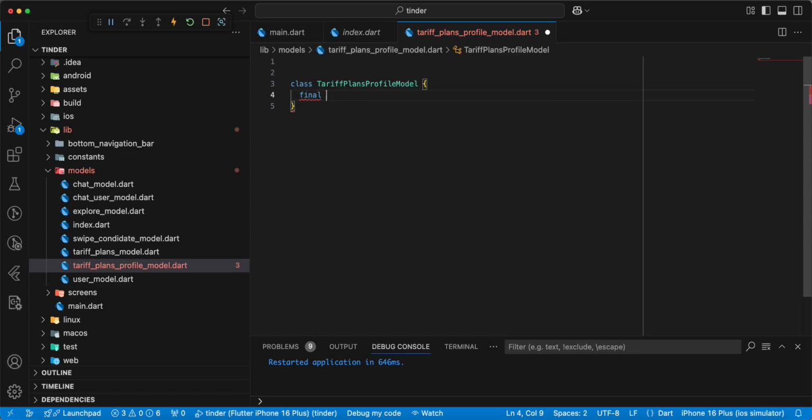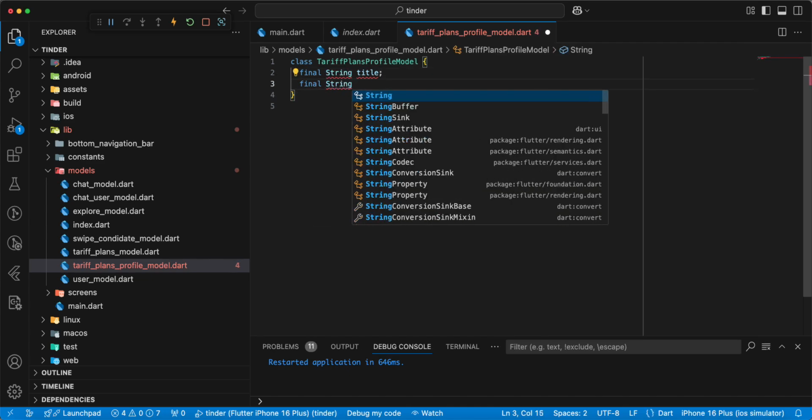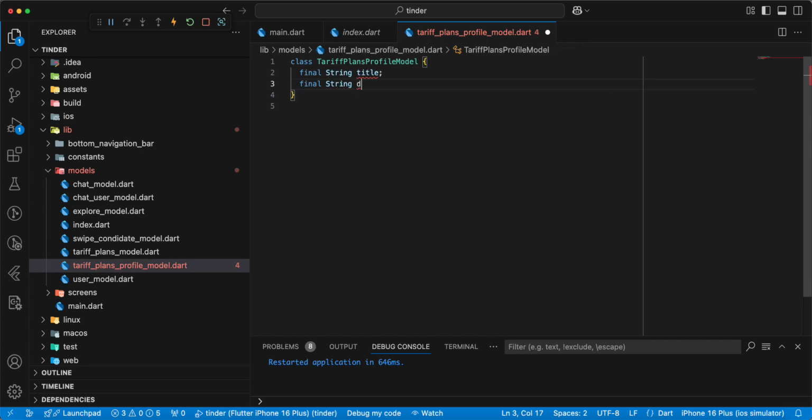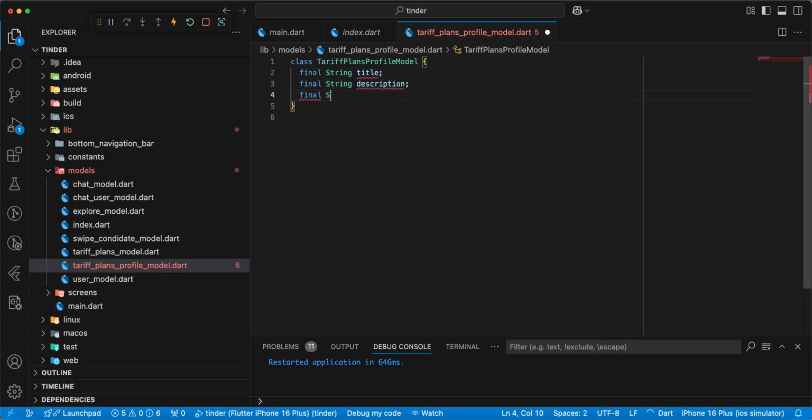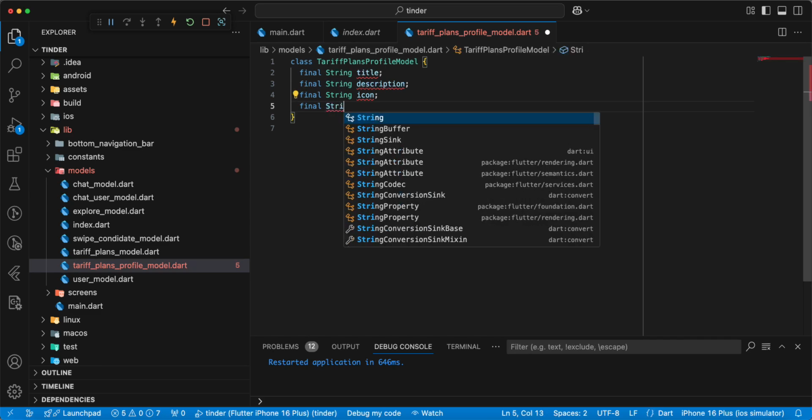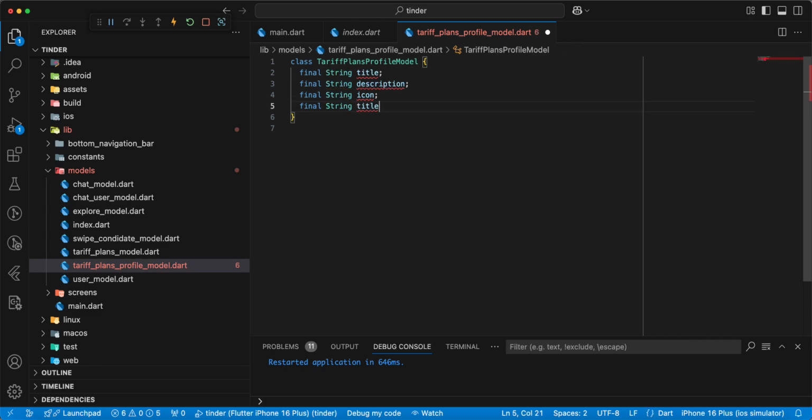Write final string title, then we write final string description, then we write final string icon, write final string title